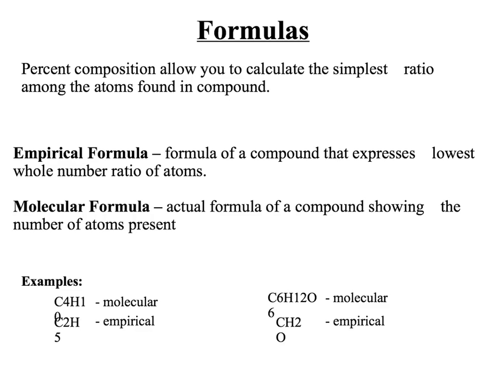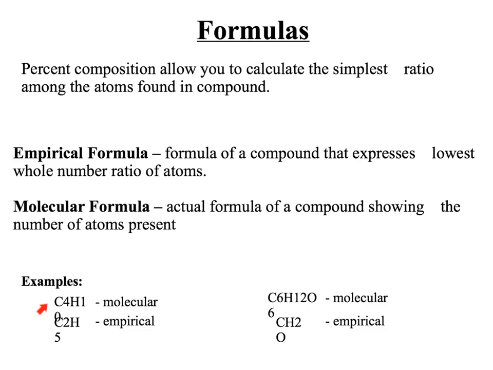Percent composition allows you to calculate the simplest ratio among the atoms found in a compound. This simplest ratio is known as the empirical formula, or the lowest whole number ratio of atoms in a chemical compound. Molecular formula is the actual formula of the compound, showing the actual number of each element present in the chemical compound. For example,